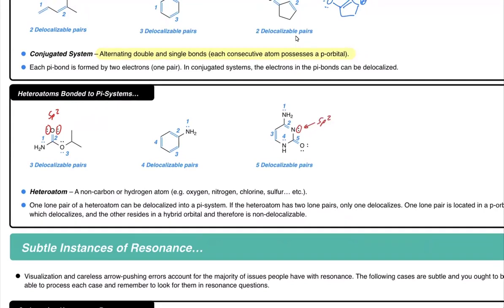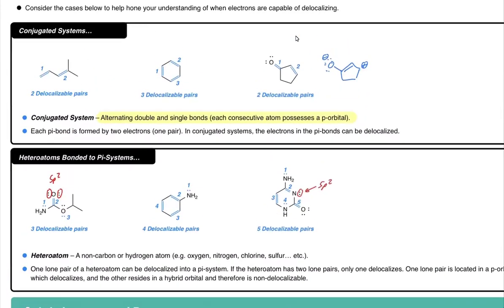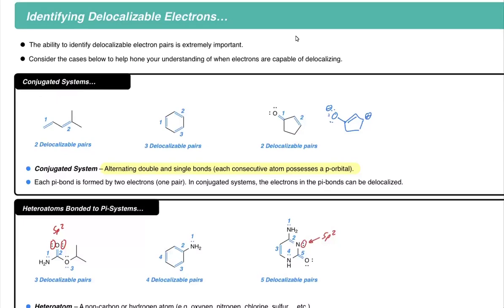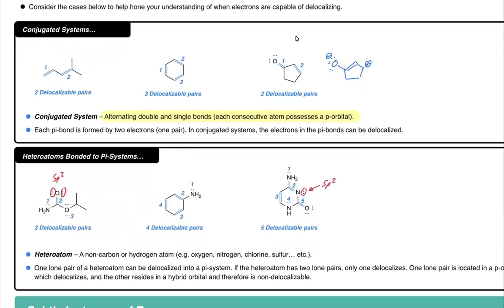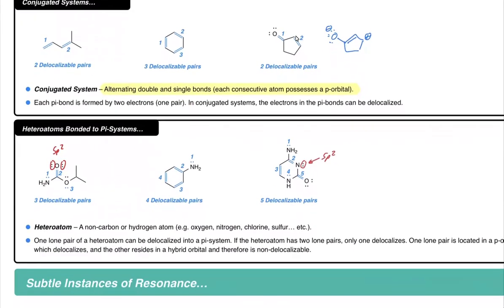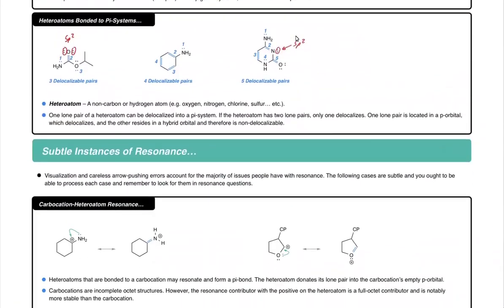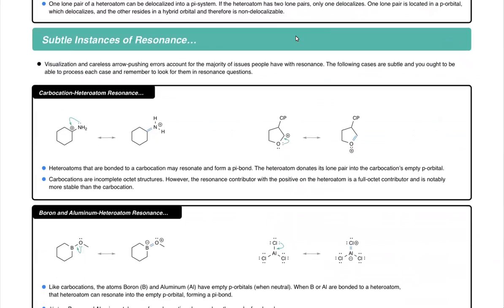Now, later on in a video, I'm going to go through a larger structural example where we count total delocalizable electrons. But we could say delocalizable electrons, in summary here, would be conjugated pi systems where we count a pair for each pi bond that's part of the conjugated system. And then we can count a pair for lone pair atoms adjacent to the pi system, as well as a pair of delocalizable electrons for the pi bond that would resonate as a result of that movement. Now, we talked about this earlier, but